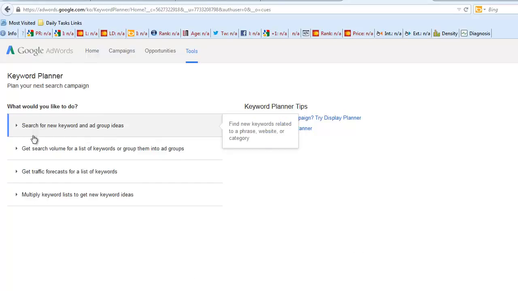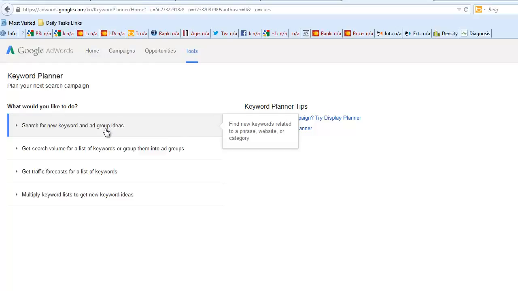So what I usually do is go to Google and type in keyword tool or keyword planner, and once you've logged into your Google account, you will need a Google AdWords account to get into this. Typically the idea of it is to do keyword research for setting up Google AdWords campaigns. Obviously that's not really our intended purpose. We don't want to run Google AdWords campaigns, but this is really where you're going to get your